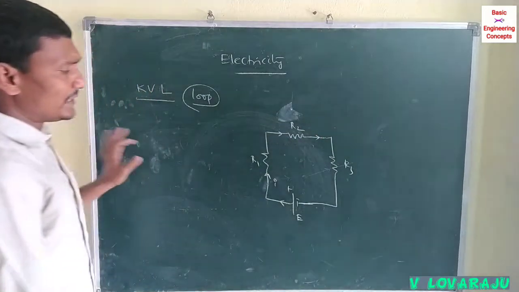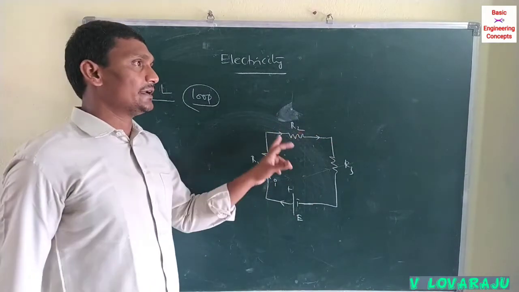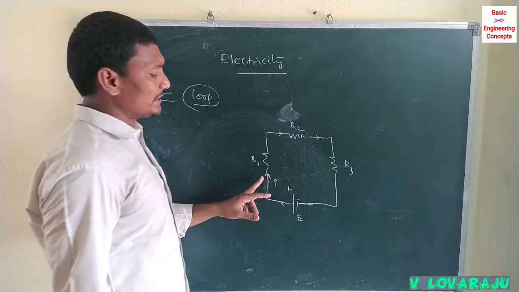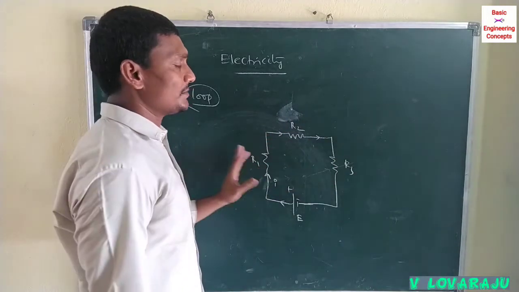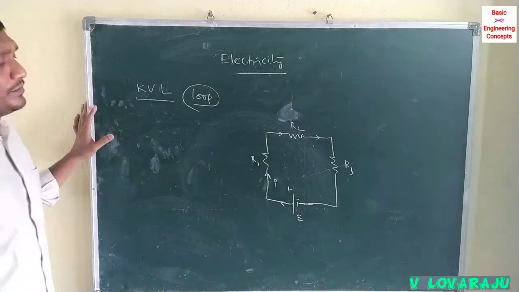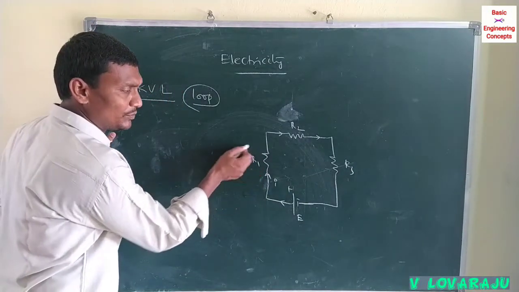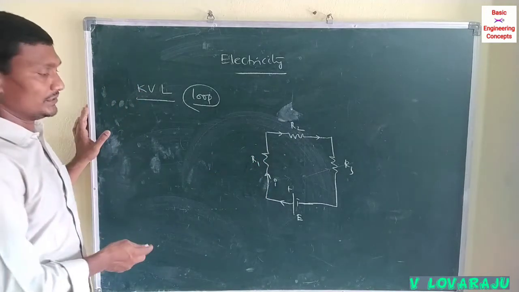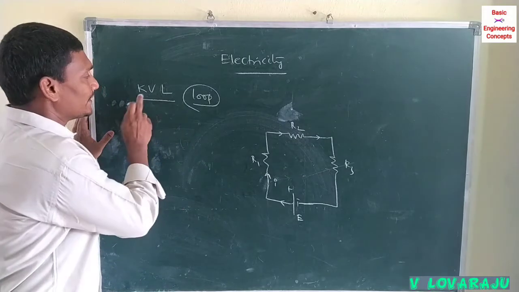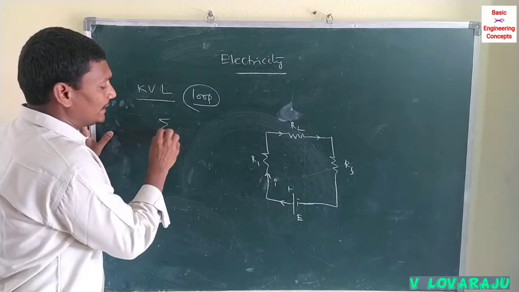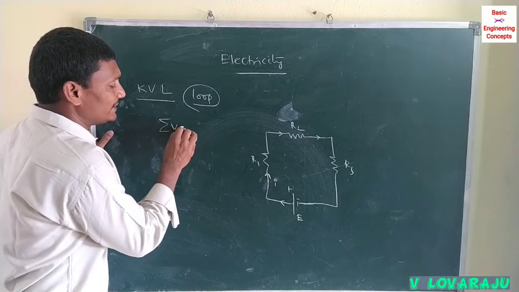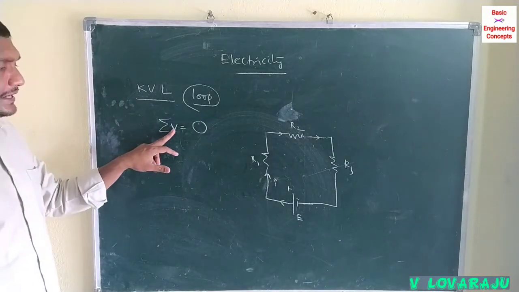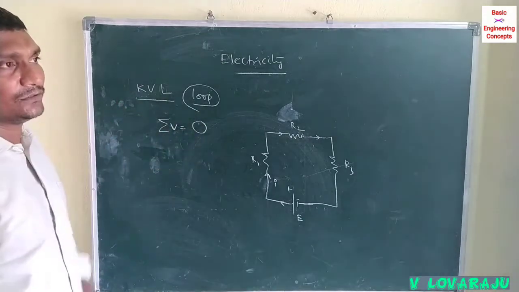The potential drops across the resistors are taken to be negative when considering the direction of the current. In the direction opposite to the current, the EMF or potential drops across the resistors are taken to be positive. In the direction of electric current, the potential differences are negative. Opposite to the direction of current is positive. That's why we can apply that the algebraic sum of the voltages or potential differences in any closed loop is equal to 0.